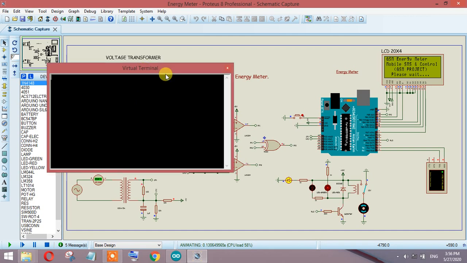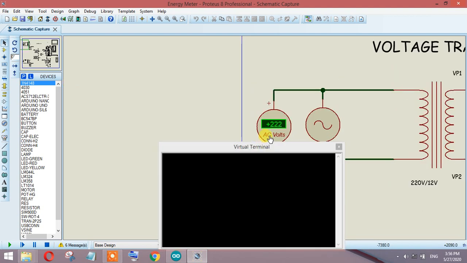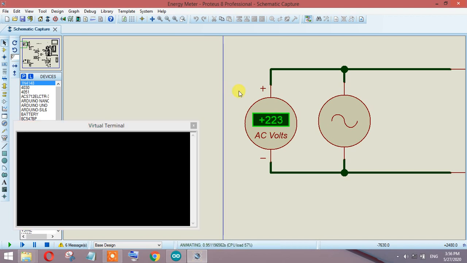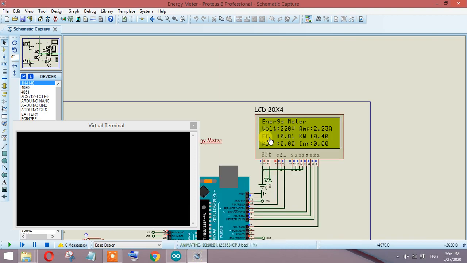I will also try to verify the values with you. That is why I have added two meters. This one is the AC meter, which is measuring the value, approximately. You can see there are ripples over there, and this value is approximately 220 or 222. So let's come over here.